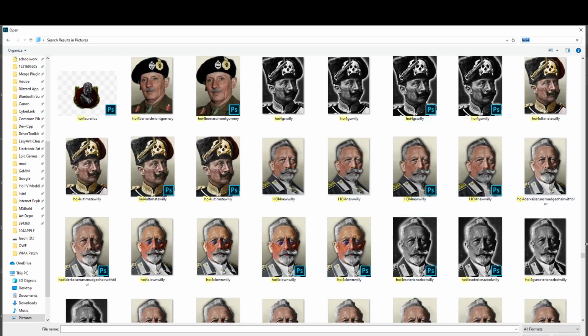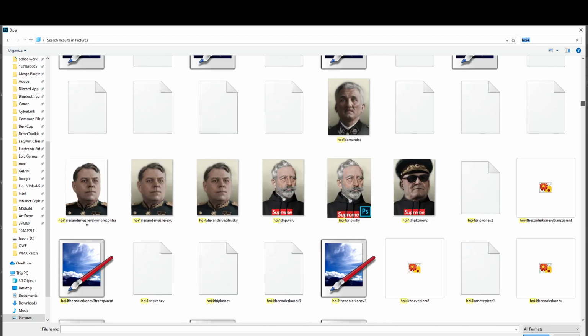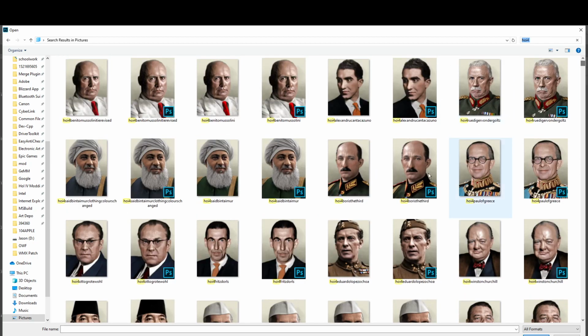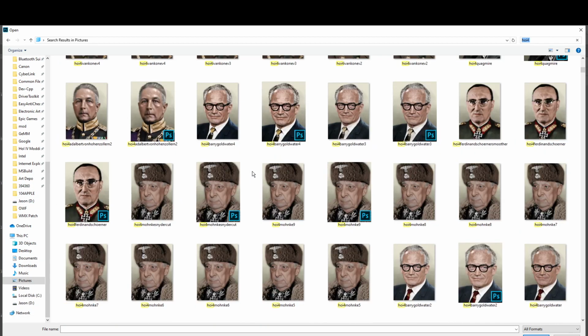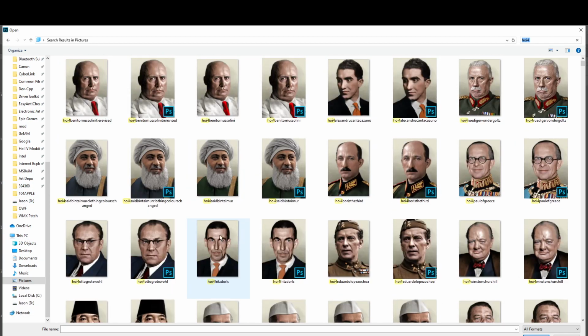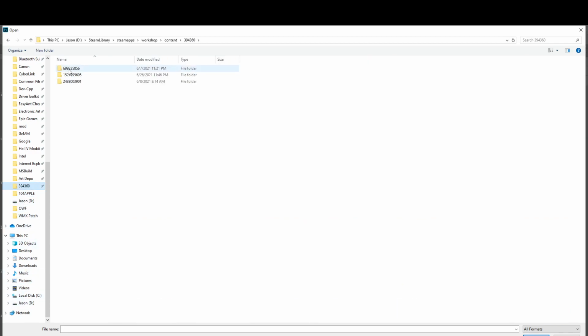Eventually, let me just go up here, you'll probably make something like... I feel bad if I use my portraits as an example, but as you already saw how much I improved. But you'll eventually make something like